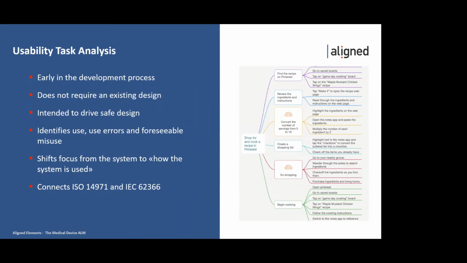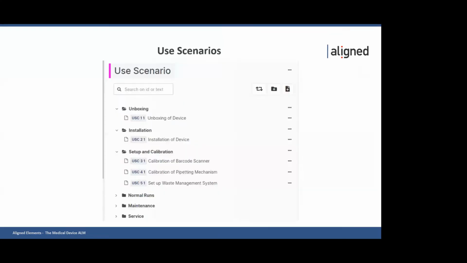They are induced by the user, either that the user understands something incorrectly, or there is a foreseeable misuse, or there is a plain error. And what could this look like then? Well, we start out with defining what we call use scenarios. And here I have made an effort to divide them into different sections, so we can, without really knowing too much about a device, we can say that it will go through a number of user-related stages, meaning